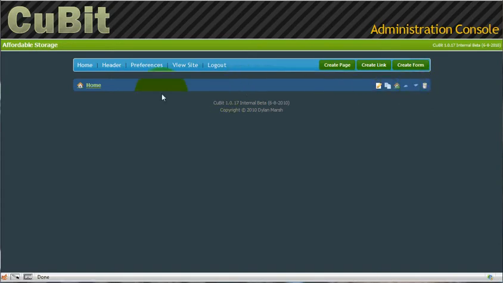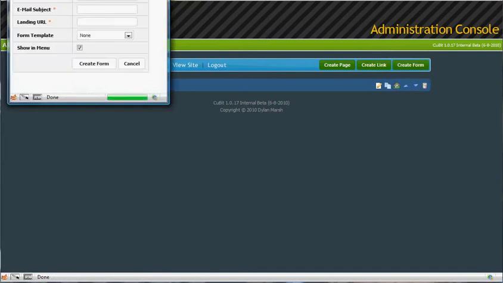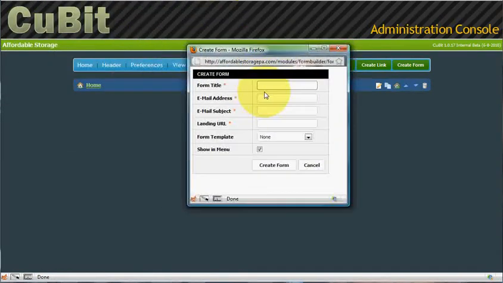So the first step is, of course, to log into Cubit, and then click on Create Form. A little window will pop up like this. It'll ask you for the form name, and I would just put contact us. The email address would be your email address, of course, and then the email subject would be something to the effect of